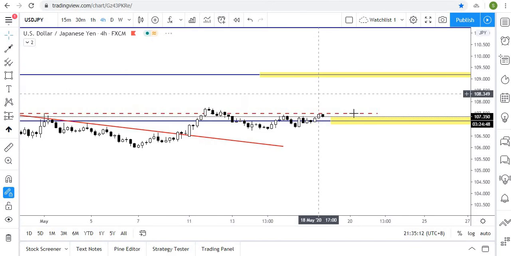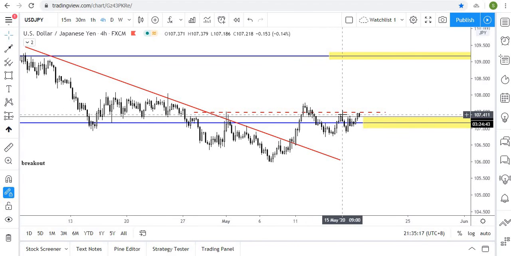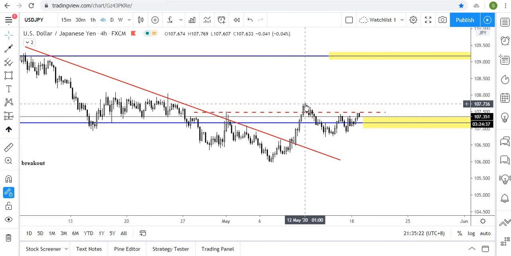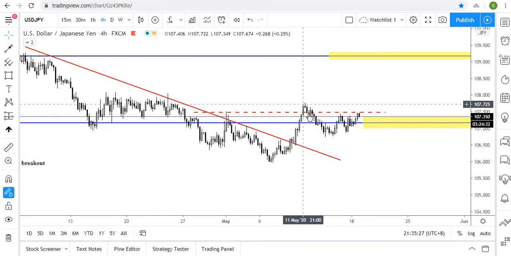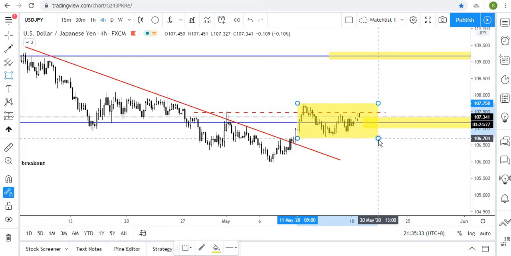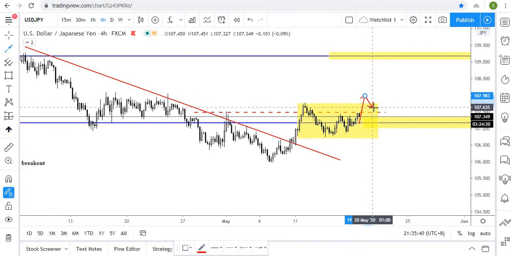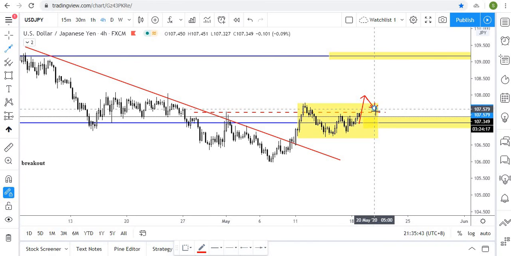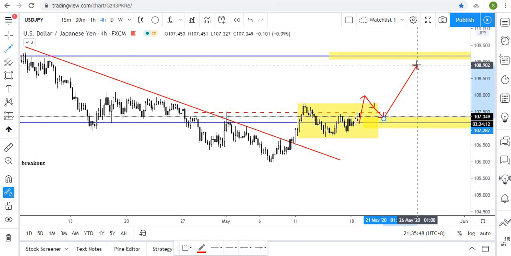Let's say for the lower time frame, if we zoom in, we haven't yet formed the higher high, higher low pattern. This is the first push and this is the pullback, and the price is still trading within this range. So once the price closes above this range and does a pullback, minor or even deeper, to this level, it's a buying opportunity for us